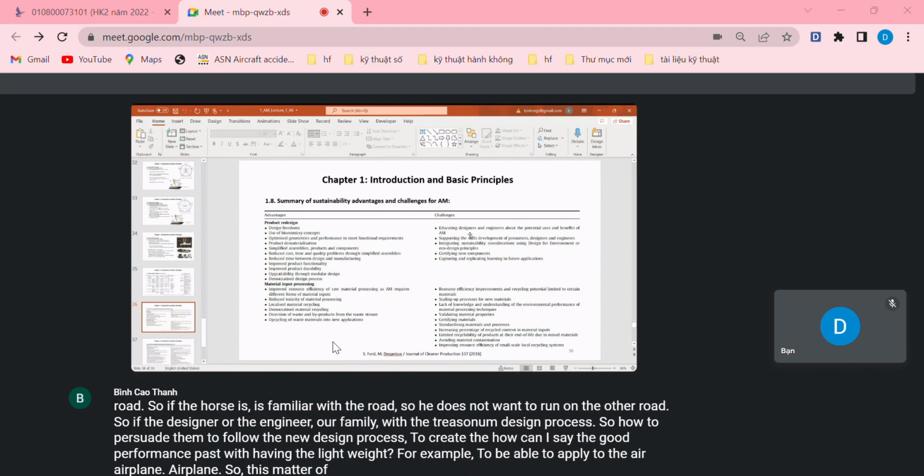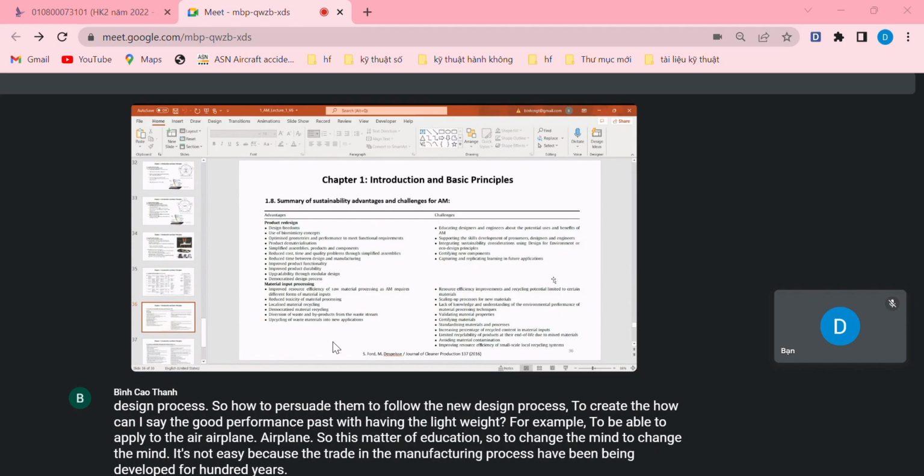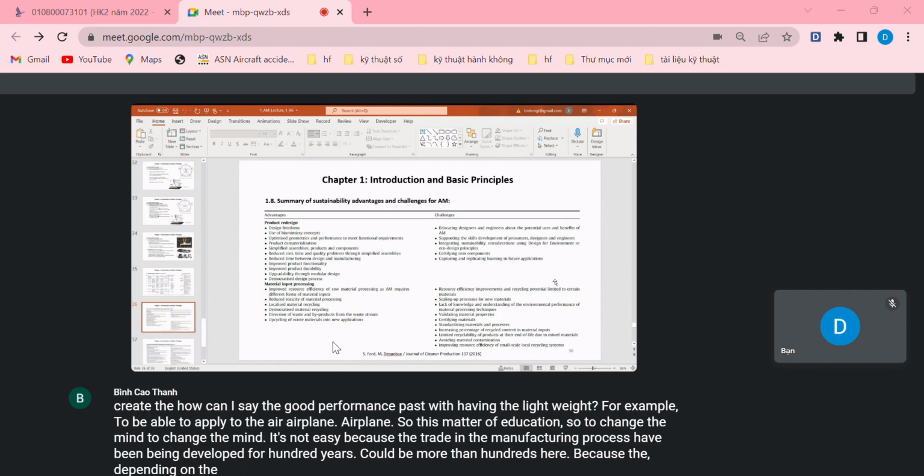So this is a matter of education. To change the mind is not easy, because the trade and the manufacturing process have been developed for 100 years. It could be more than 100 years, because it depends on the